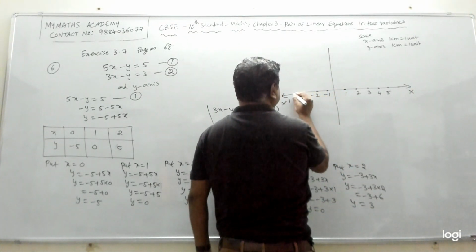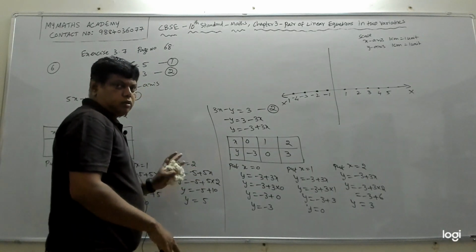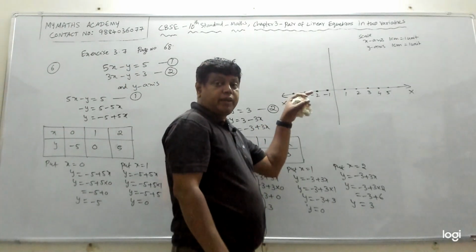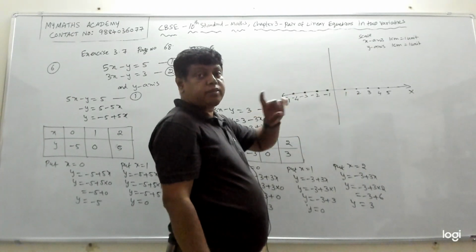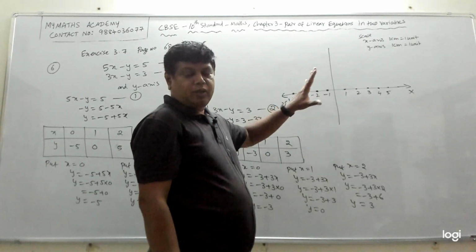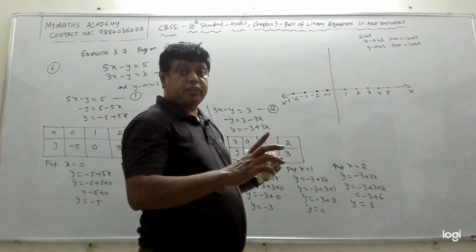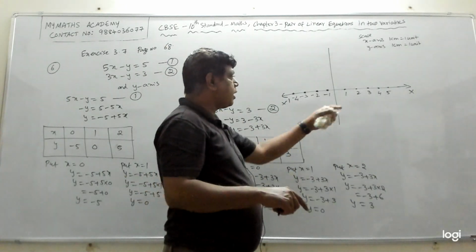See, you have to do this in the graph sheet. Don't do like this on your classwork or on the normal notebook. You have to take the actual graph sheet and plot this. It has to be done in the actual graph sheet. I'm doing here because I don't have a graph sheet on the board, but you need to take the proper graph sheet, the green color or red color, whatever color sheet that you have, where the graphs are there, you have to put like this.